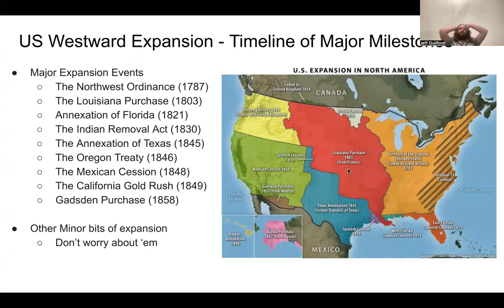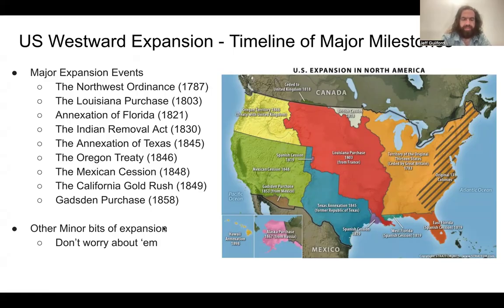All right, so let's get into it. So these are the territories that we're going to look at and talk about as we proceed westward. So we'll be starting over here in the original territory that the United States wins after the war with Great Britain. And then we'll be talking about these major chunks of land that the United States adds to the Union over the course of the next 60 years.